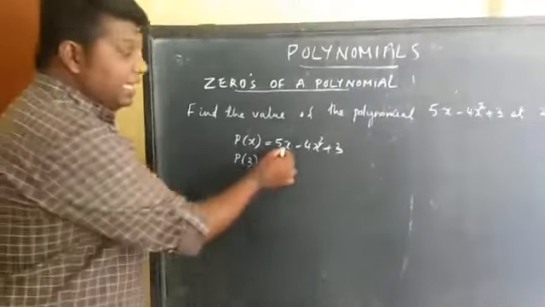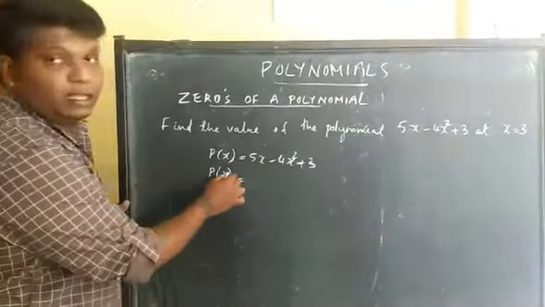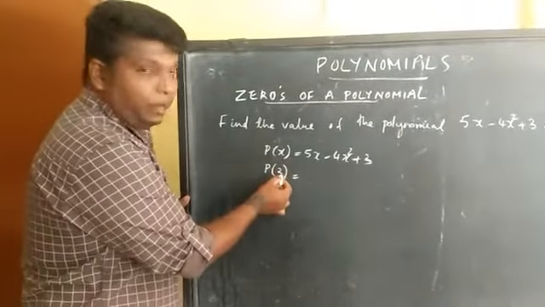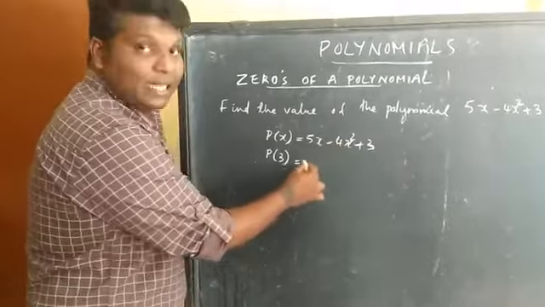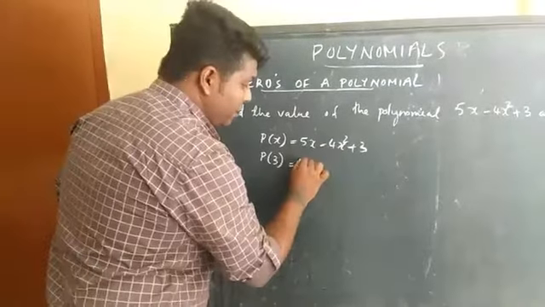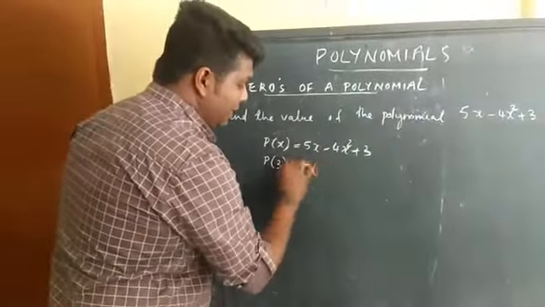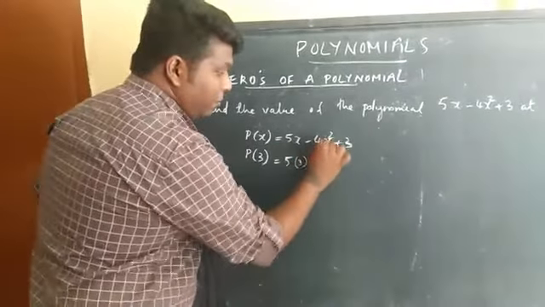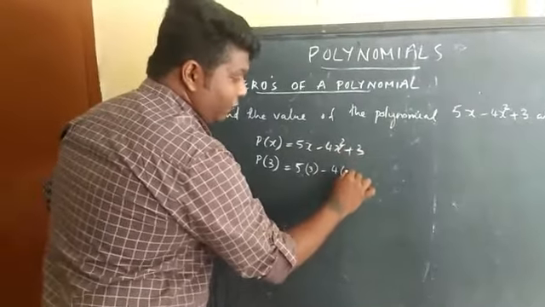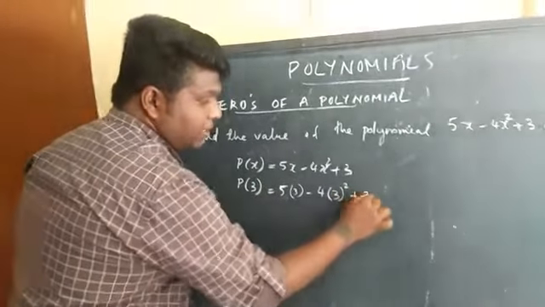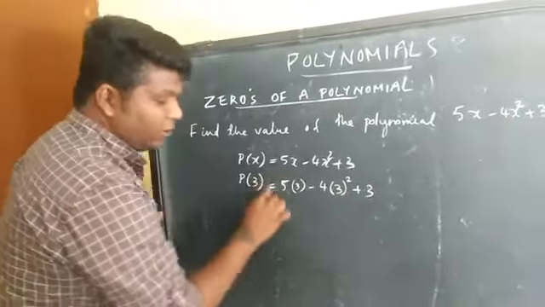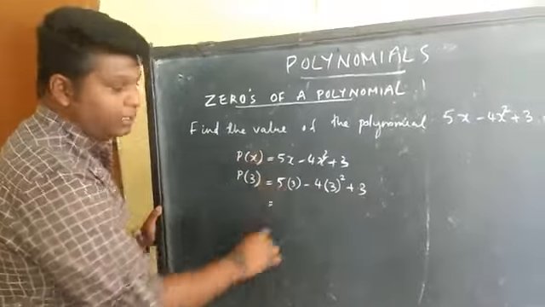p of 3 का मतलब इधर x का जगह क्या देना है? 3 देना है. जैसा कि इधर x का जगह हमने 3 दिया, इधर जिधर भी आपको x दिखता है वो x का जगह हमको 3 का वैल्यू सब्स्टिट्यूट करना है. देखिए इधर 5, then x का जगह within brackets 3 minus 4, again instead of x we will give 3. इधर स्क्वायर है इसलिए स्क्वायर प्लस 3, again equal to should come in the same line. It's very nice to write like that.